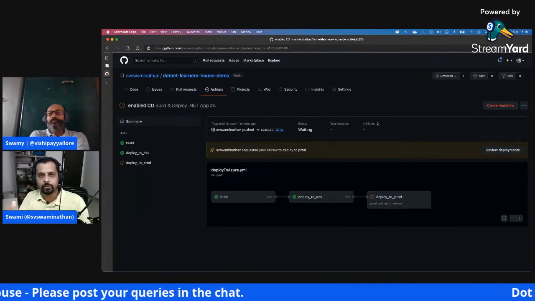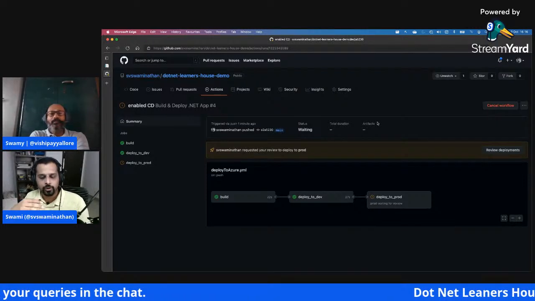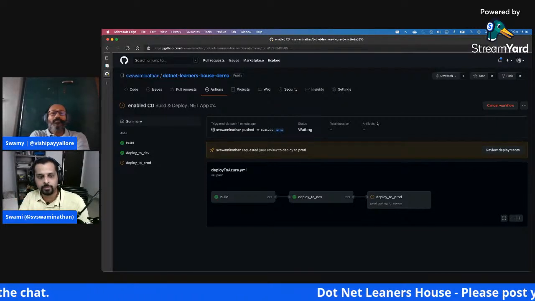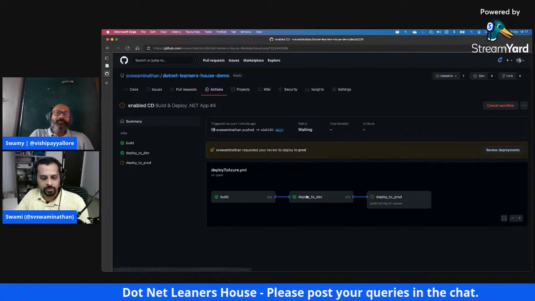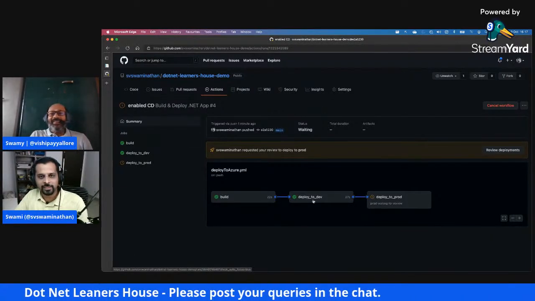You can technically do it manually also on the VS Code side. If at all you're trying to push your workflow file for the first time, if you don't have the appropriate path, it will not allow you to do it. Okay. Yeah, I think we were good. That's pretty good to see the first time it works, right?